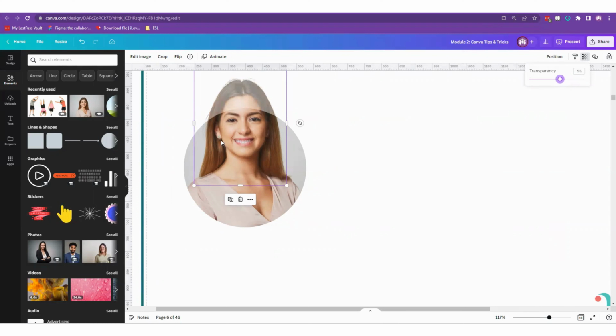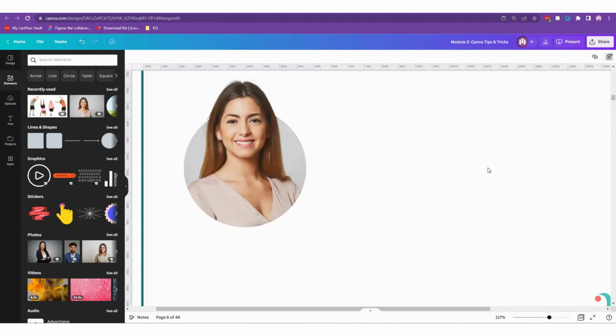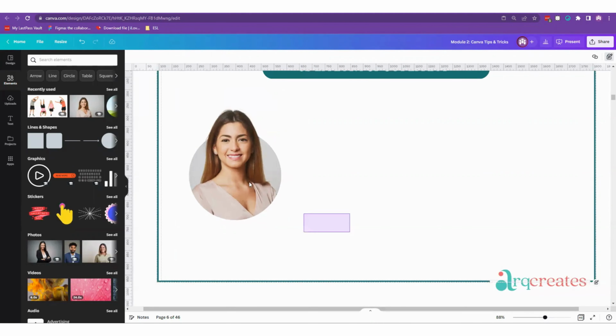Let's move it a little bit. There you go. Adjust the transparency. Once you're done, what we're going to do is group the elements so it's easier for me to